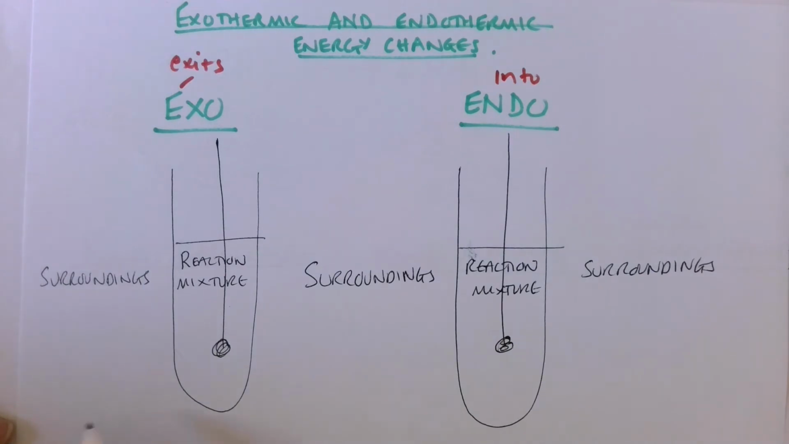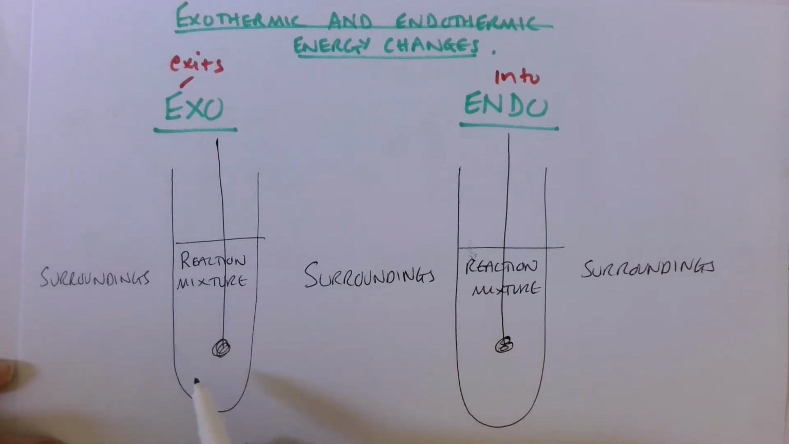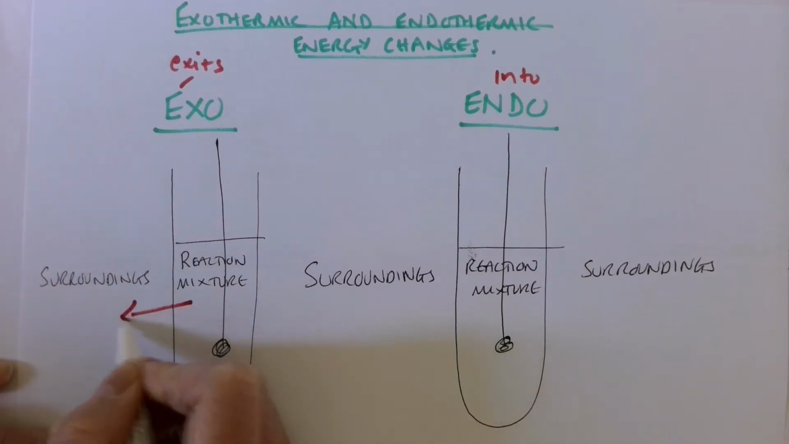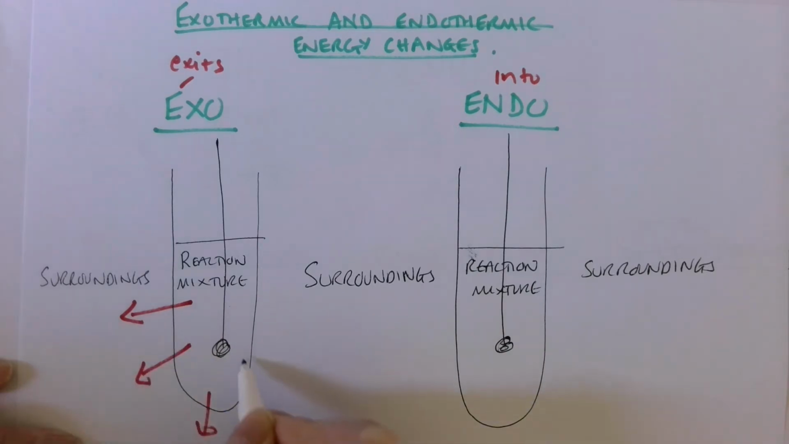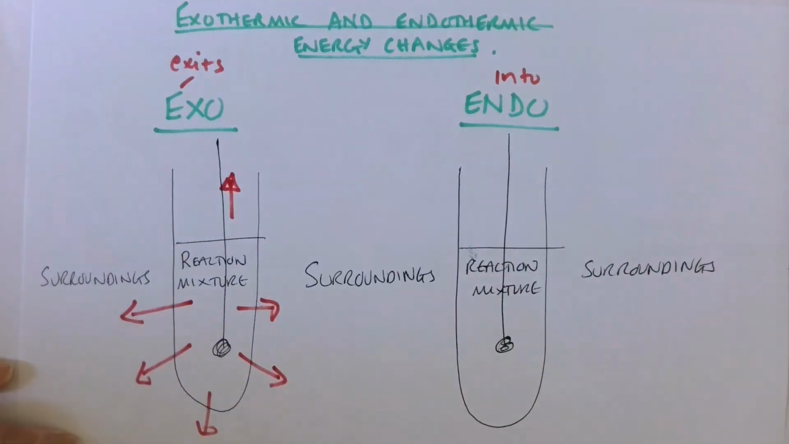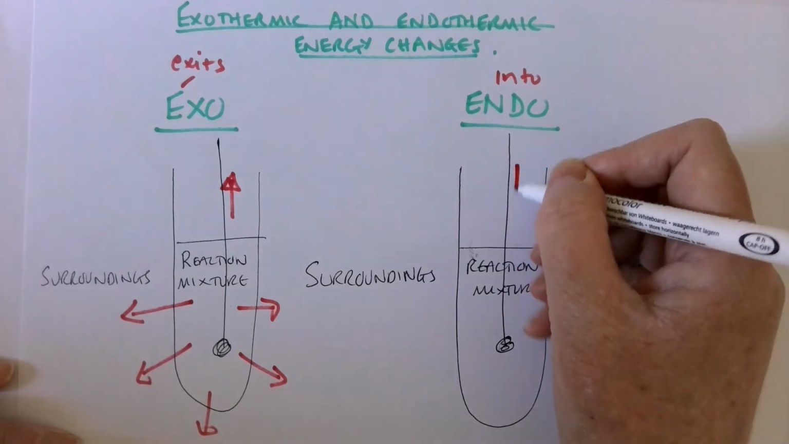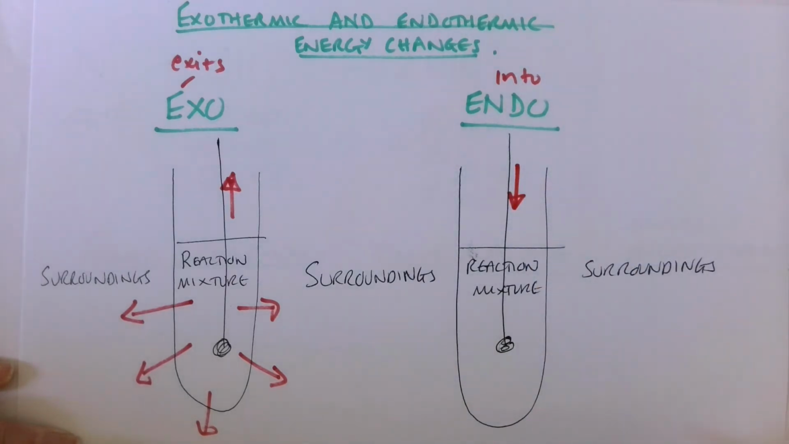So if we think about what would actually be happening in a test tube reaction, we'd have a reaction mixture in here, we've just mixed things together, the reaction started, and the test tube would start to feel hot in an exothermic reaction. Energy would be transferred from the reaction mixture outwards to the surroundings, and the temperature on the thermometer would go up. If we did an endothermic reaction in a test tube, the test tube would actually feel cold to touch. We would see the temperature drop down, and energy would be coming from the surroundings into the